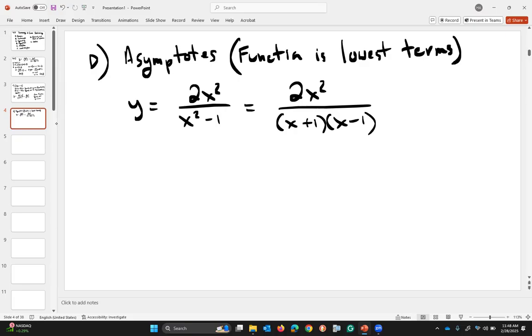All right. So for asymptotes, we always have to put our function in lowest terms. If anything cancels, if you guys remember from algebra,